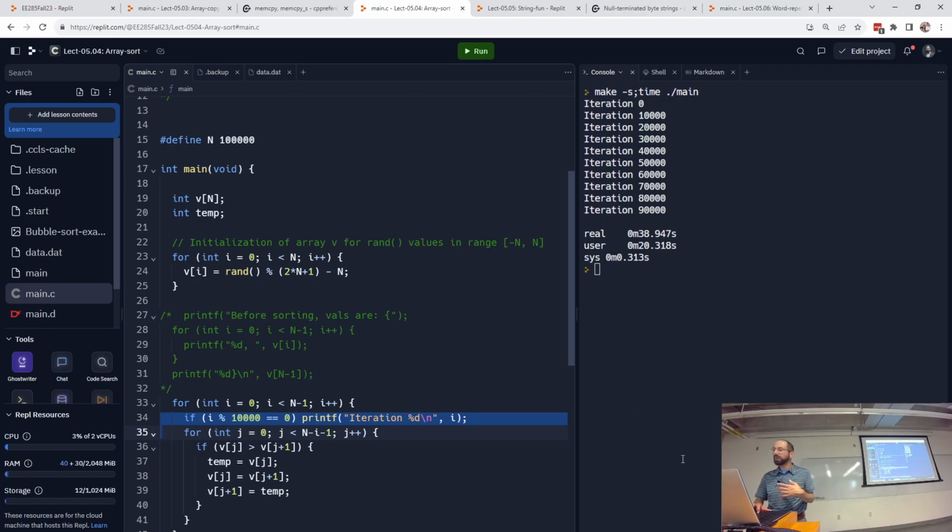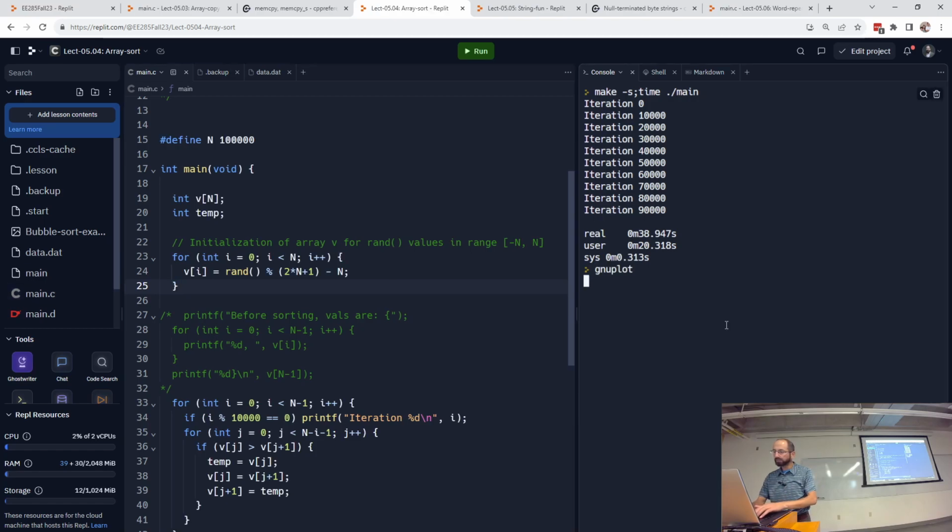We got a slightly different number there, but still the same order of magnitude runtime the second time around. When you're benchmarking software, it's a little tricky. This is a cloud computing environment that's being shared amongst lots of other people spinning up projects and running code in parallel, all sorts of other tasks running at the same time. If you get the same order of magnitude performance, that's generally the best you can hope for, unless you lock down that system a lot more than what we would have access to here. But given that data,